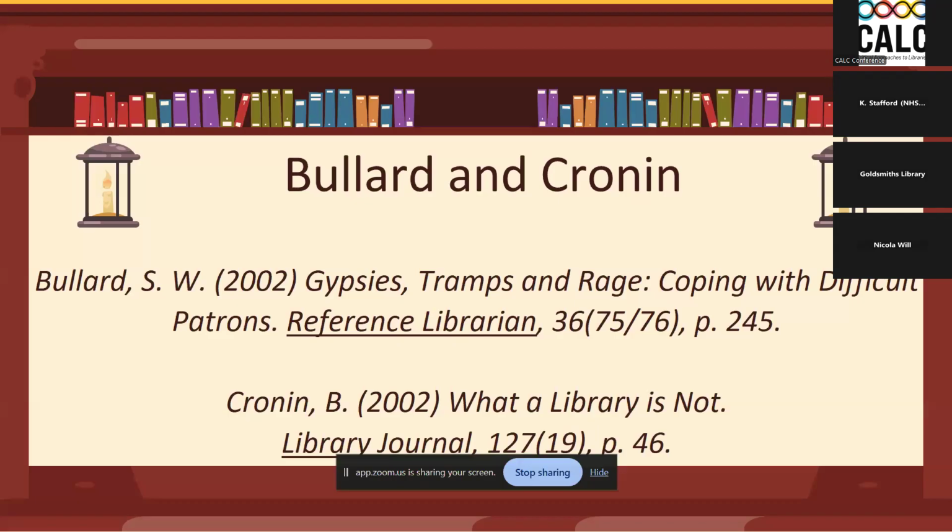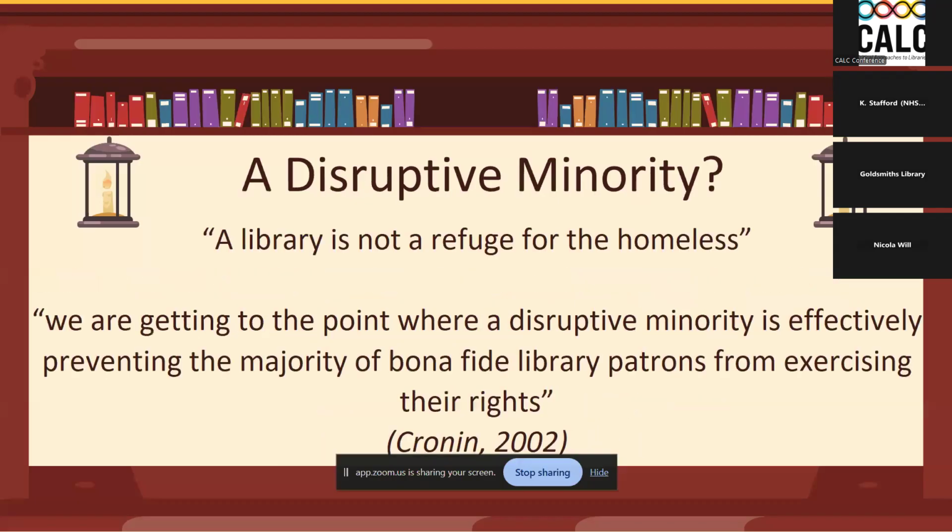And Dowdell and Liu did a survey of librarians in America, and some respondents said that their colleagues were not always pleased to deal with homeless patrons. And Behrman stated outright that most libraries are still unwilling to give up institutional barriers to access for the poor and for the homeless. So looking at what these pieces say, Cronin's piece is quite blunt, and argues that a library